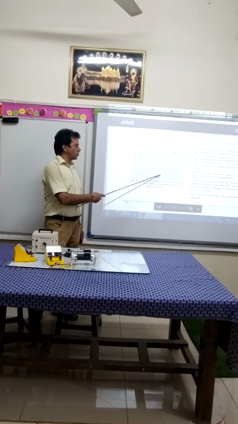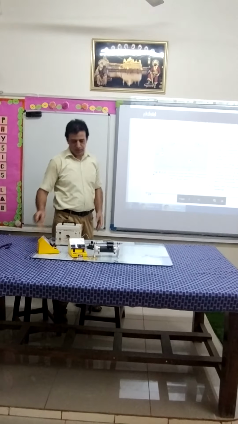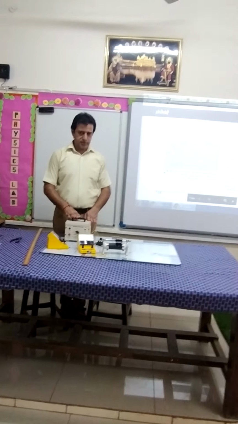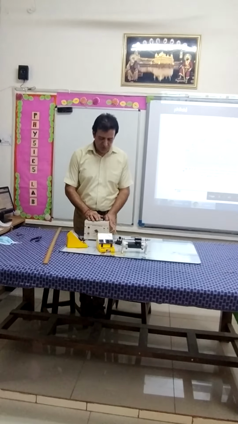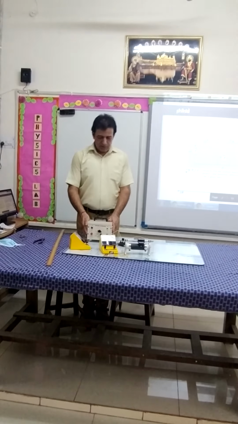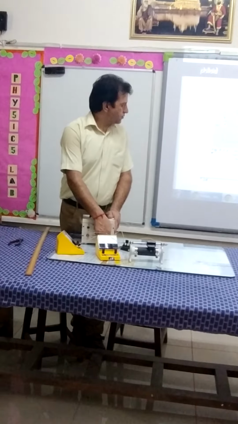and the positive terminal of the voltmeter is connected to the negative terminal of the ammeter, and we are getting that the circuit is complete. Now again we are revising the circuit, moving in the opposite direction. So first of all, we are moving toward the negative terminal of the battery.